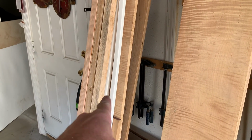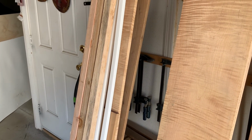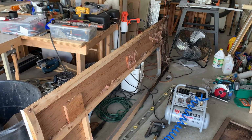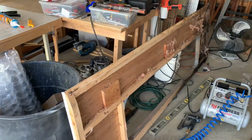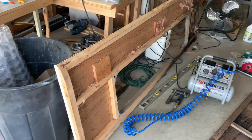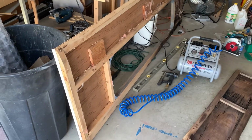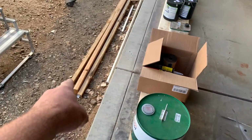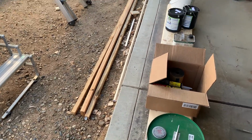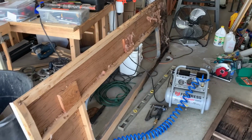I've got one last piece of this poly, but I wanted to frame this whole front cap, the main front cap with that. So I gotta wait and see if Home Depot is gonna get more in stock. If not, I'm gonna have to just rebuild this, just kind of replicate this out of the 1x. Or the 2x2s. I bought more 2x2s just in case, because I've got to get this thing framed out and